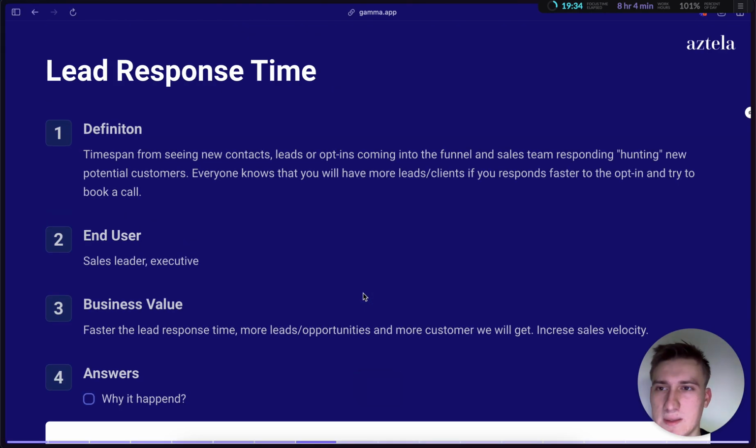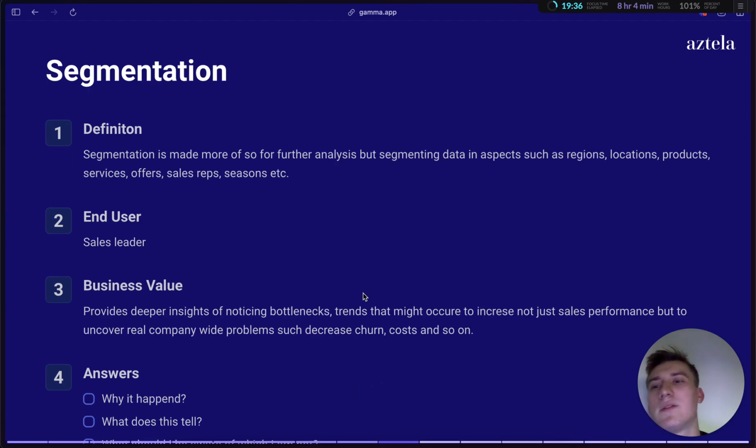Segmentation, right? Now segmentation is made more for analysis, meaning you're able to segment data, first of all, across multiple time frames. This is mainly made for sales managers and sales leaders who really want to go into the trenches and really dissect the data. But this is really helpful because you're able to segment the data by location, regions, products, services, offers, sales reps, and seasons, and so on, meaning that you're really able to find out the bottlenecks and group the data, so you're able to notice trends,